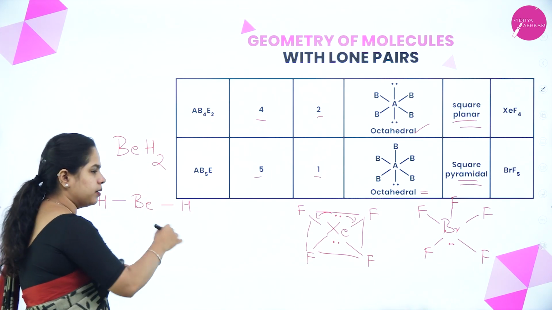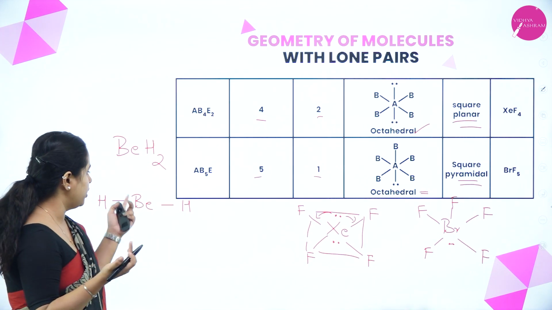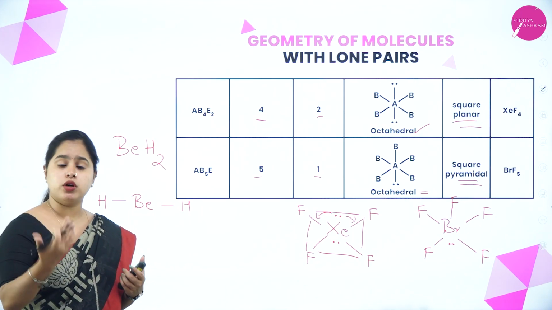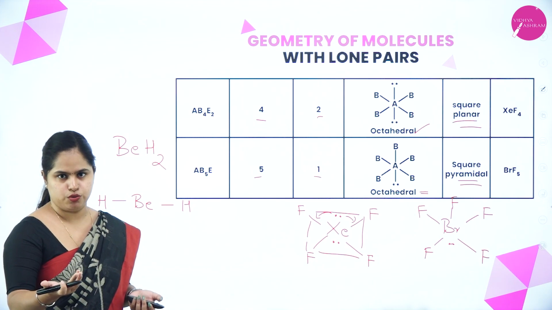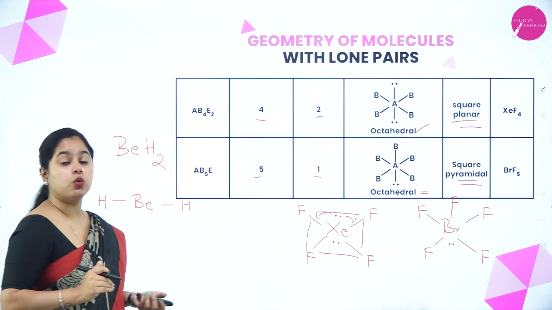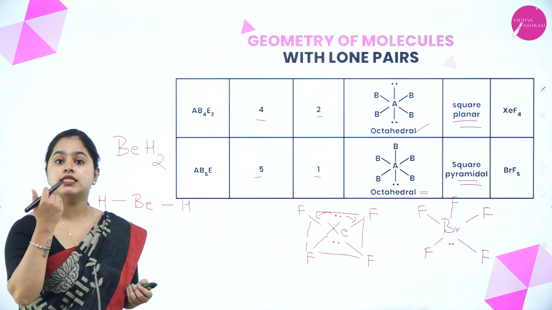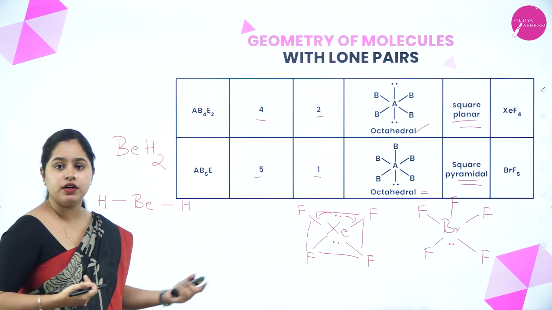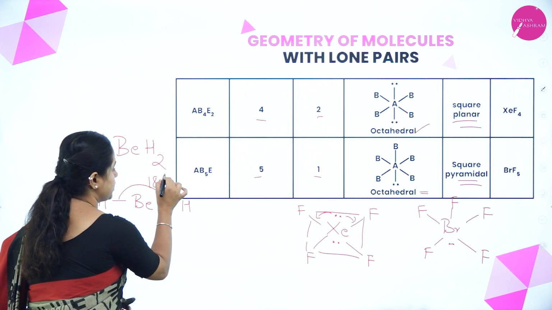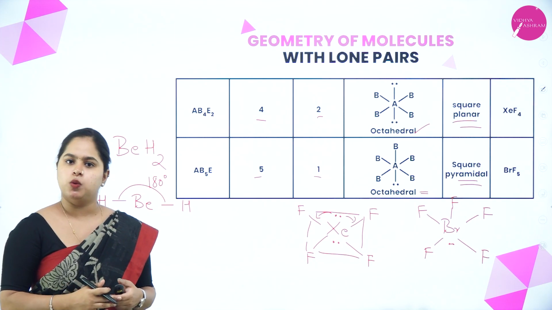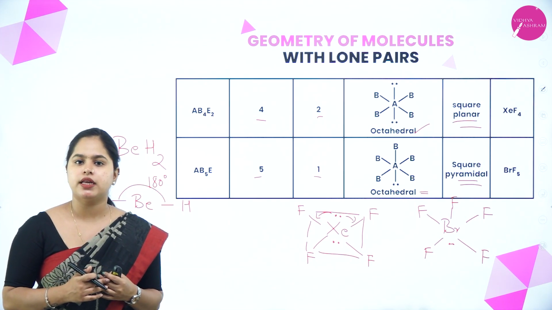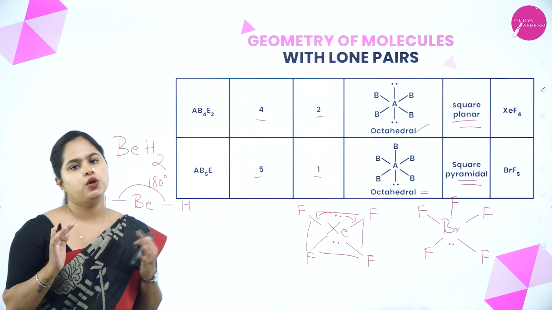No, right? On beryllium, there is no lone pair. No lone electrons are there. So only 2 bond pairs. That means the total number of valence electron pairs is also 2. So what is the shape and geometry when there are only 2 bond pairs? It is linear shape, right? It will have a linear shape and the angle will be 180 degrees. We know that if it is linear shape, the angle will be 180 degrees. So I hope in this way, you will be able to predict the different shapes of molecules using VSEPR